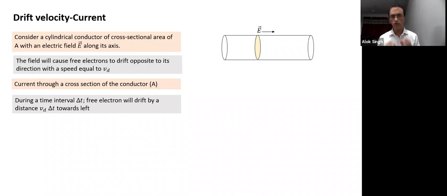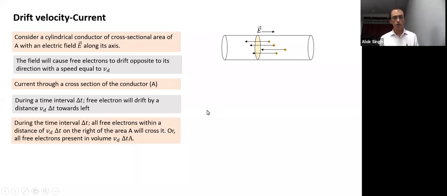If you take time delta t, all free electrons will drift by a distance equal to velocity into time towards the left. There are numerous of them, but just to understand, we have drawn a few of those free electrons. What does the arrow indicate here? The arrow indicates the displacement. If we take time delta t, each one of them, the length of the arrow being the same, has drifted by a distance equal to Vd into delta t. But what you notice is that some electrons which are closer to the cross section have moved across the cross section. The ones which are far have not moved across. We will see the effect of that.